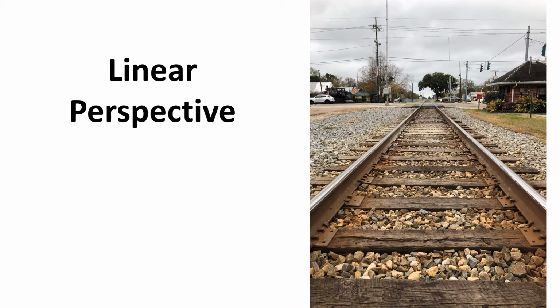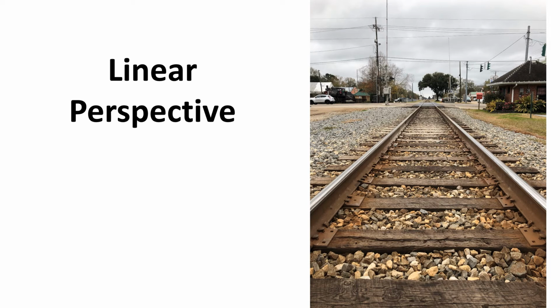All right, so the type of perspective that most people are concerned about is linear perspective. And there's a whole bunch of different types of linear perspective. But what linear perspective really tells us is that two parallel lines seem to merge together at a distance. So two parallel lines that are easy to think about is a railway track. So here's a photograph I took of a railway track. I'm looking a long ways. It's a perfectly flat place here, and you can see that at some distance these two parallel lines seem to